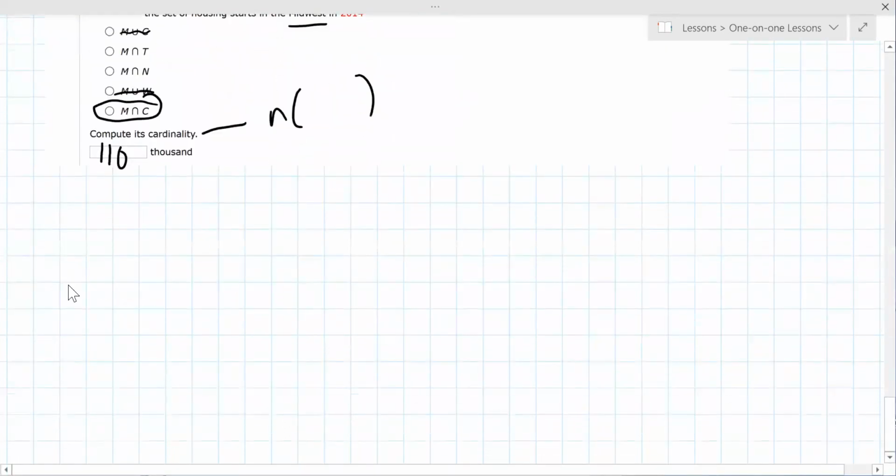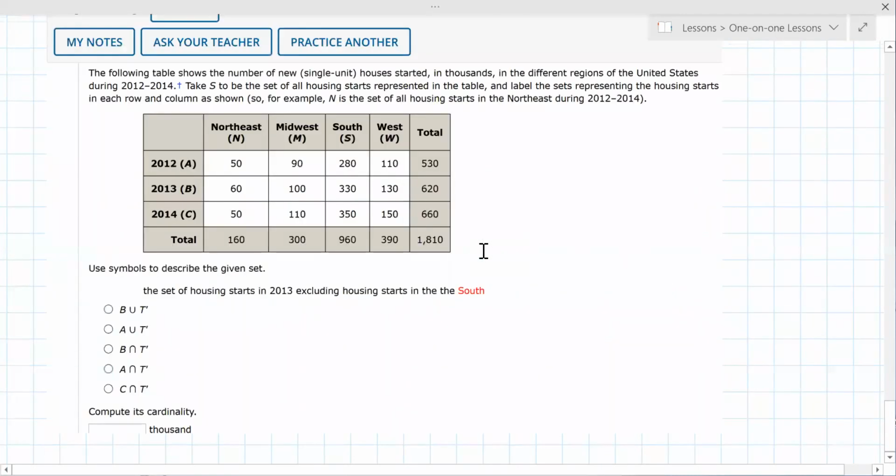All right, so see if you can do this one, please. So is it 330? So it's in 2013, so that's this row, but it excludes the ones in the south. So it's not that one, but it must be the other ones. Oh, okay. So